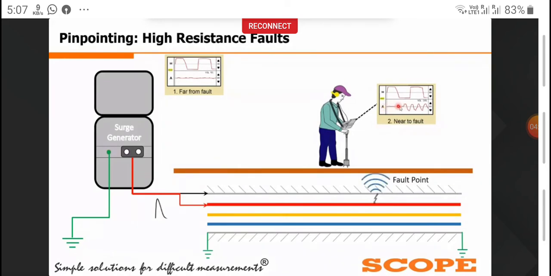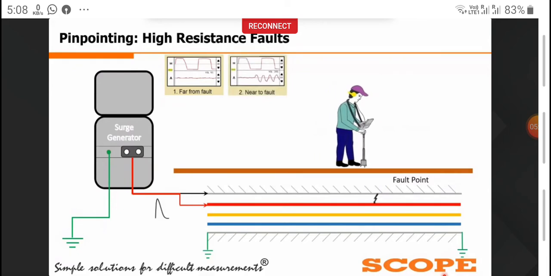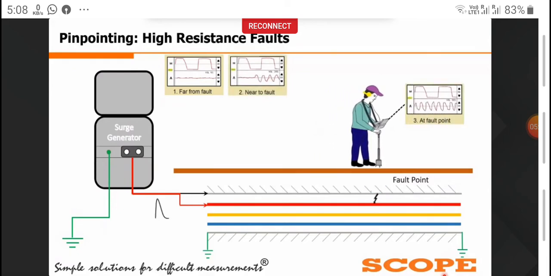For example, I can give an analogy: whenever we hear thundering from the sky, after a particular amount of time, first we see the light in the clouds, and after that we hear the sound. The same analogy applies to the pinpointing of a high resistance fault, in which we get the magnetic signals first, and after that we get delayed acoustic signals from the fault point. So we need to detect the exact coincidence of both these signals.